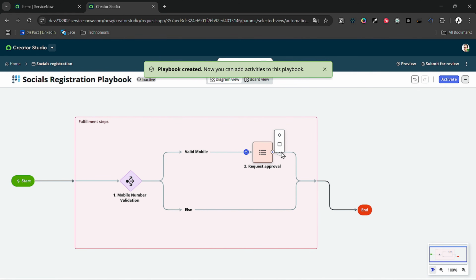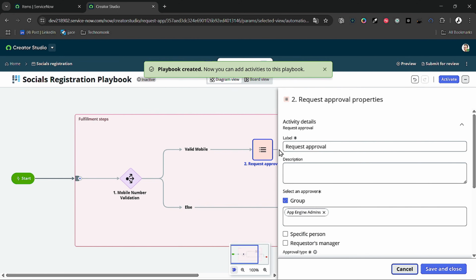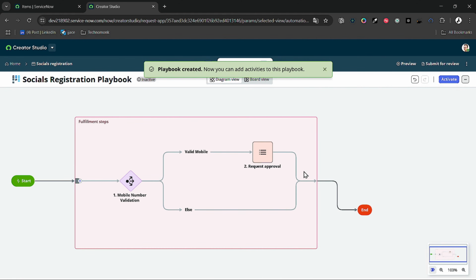If this is done, then what we have to do, I'm just showing you what all things you can do in this particular thing. Okay. This is not the actual use case. You can play around with it and create your own use case if you want. Now, after that, if the approval is done,